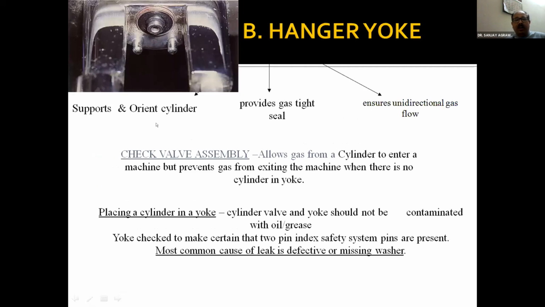Hanger yoke assembly, I have already talked about. It consists of two parts. This is the pin index system. This is the central nozzle over which there is a Bodok seal, and then there is a Cheval type gate to which the cylinder is attached. You are supposed to know how you ensure that the cylinder that you have attached is of the right size, and secondly, that it is oriented correctly. This is a question for which I expect an answer at the end of this session in the chat box.